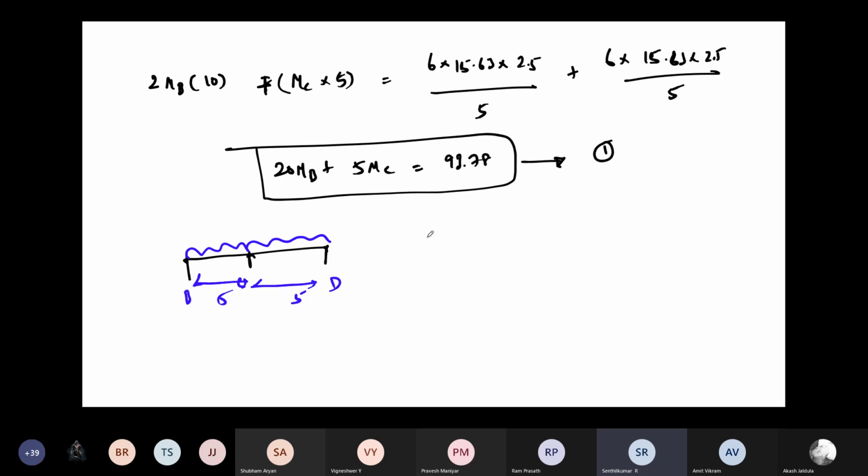But how will you write the equation? M_B L1 + 2M_C (L1 + L2) + M_D L2 equals 6A2 x2bar / L2